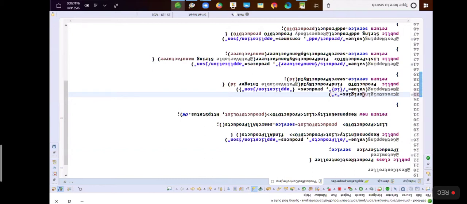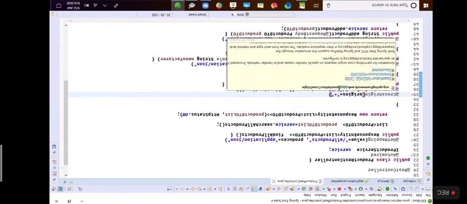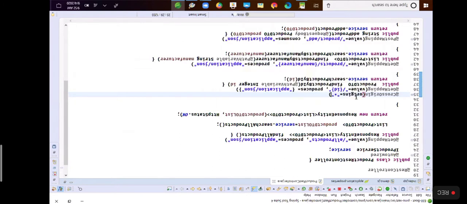Means any allowed origins are all. And if you add this annotation at method level, only this one endpoint of this REST controller is accessible to the script running on the browser from any origin.